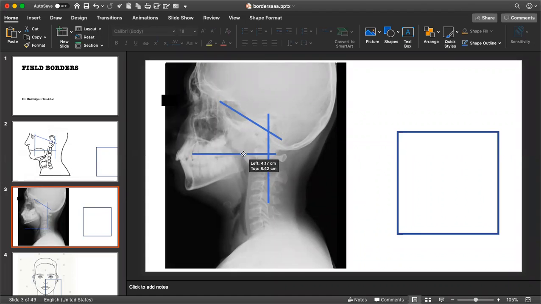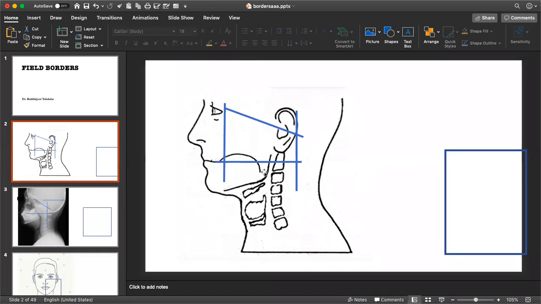So can you see the maxillary sinus in this diagram? Your posterior border here in this particular diagram would be 1 centimeter below the maxillary sinus. This is, if I'm not wrong, the maxillary sinus, and your border would be 1 centimeter below it. Whenever you're looking at the same thing in a clinical planning based on the anatomical landmarks, it would more or less correspond to the commissure of the lip or the angle of the mouth.